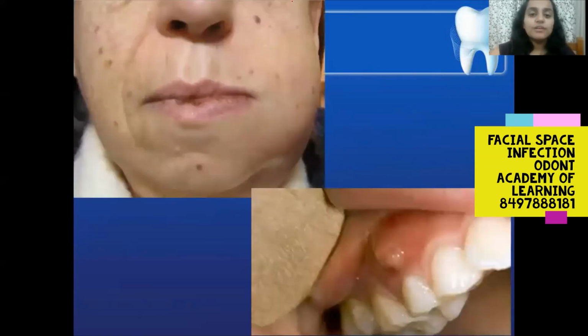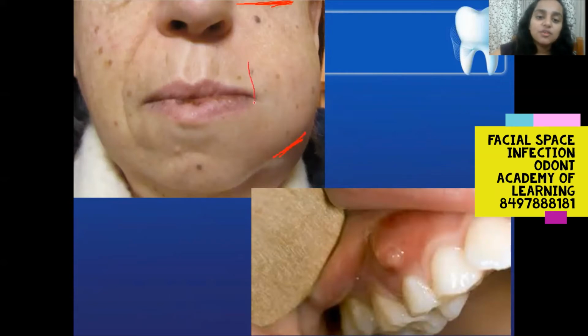Now, clinically, how is it manifested, whether it be maxillary or mandibular? Again, the swelling usually starts from the infraorbital margin and extends up to the inferior border of the mandible. Anteriorly, it starts from the angle of the mouth and goes up to the ramus of the mandible where the masseter muscle is attached. The skin again over the swelling is slightly tense and red. Intraorally, we can see a sinus opening, also called a gumboil.